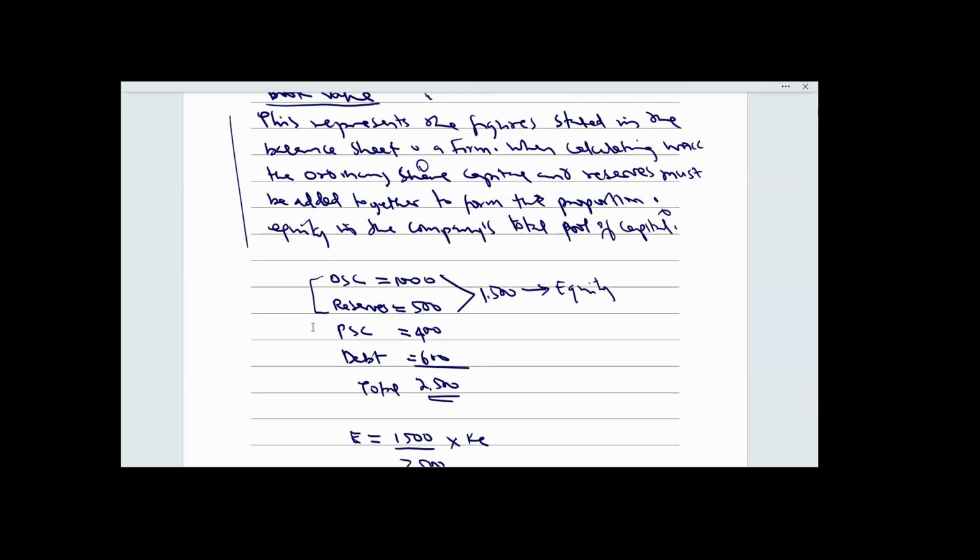Otherwise, you are expected to use market value because market value is more realistic relative to book value. So it is only when you are asked on the day of your exam to use book value that you are going to use it. But in most cases, the examiner will be silent, so you should know it is implied in the question that you are supposed to use market value. All right, so let's talk about market value.